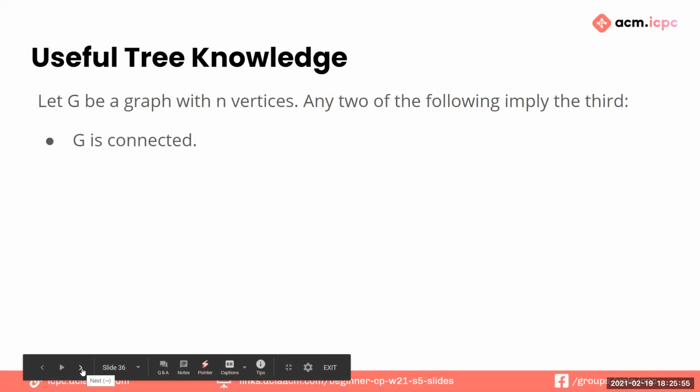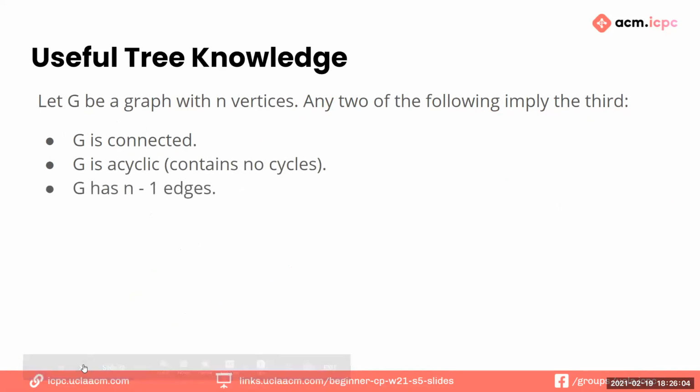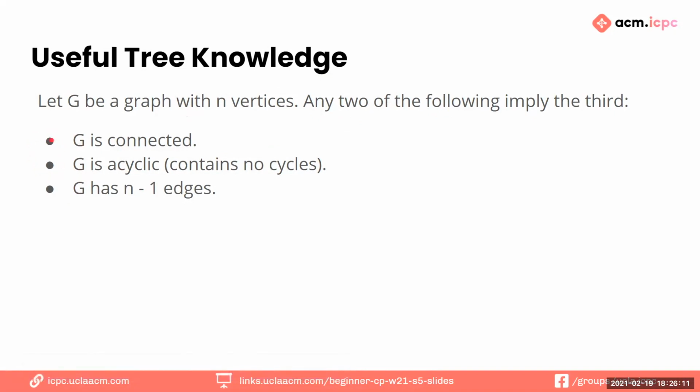So let's say G is connected, G is acyclic, or doesn't have any cycles, and G has n minus 1 edges. So if any two of the following apply, so if G is connected and G is acyclic, that would imply G has n minus 1 edges. If G is connected and G has n minus 1 edges, then G is acyclic. So two of these imply the third,